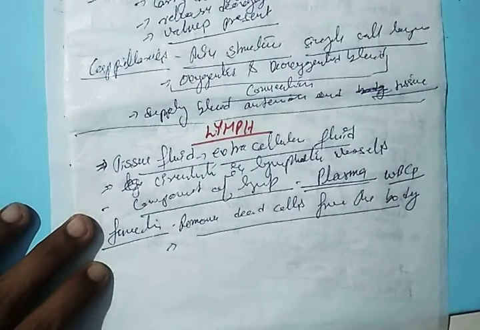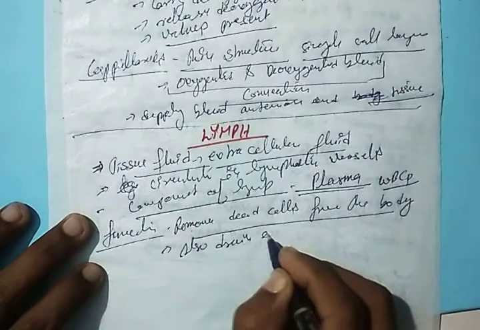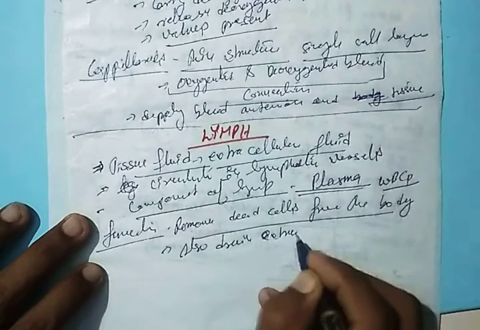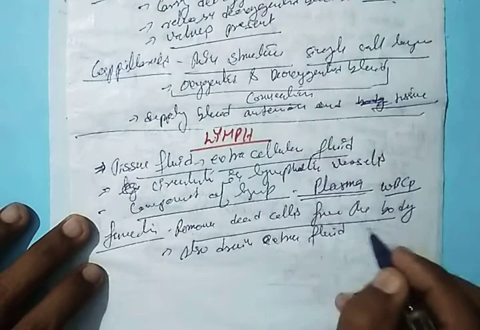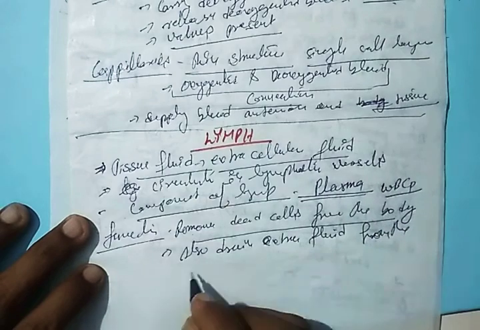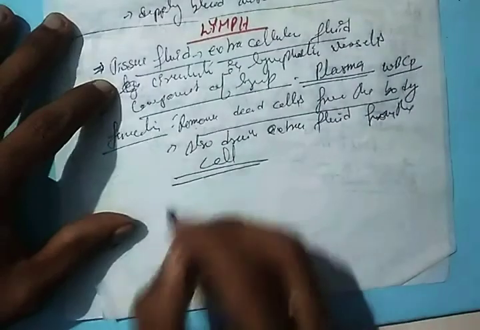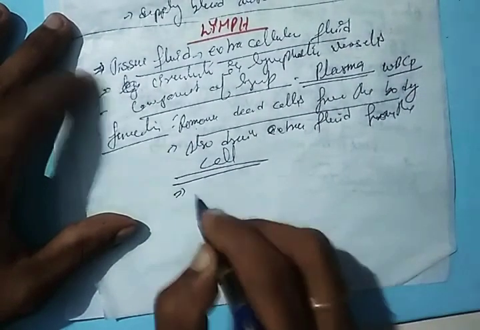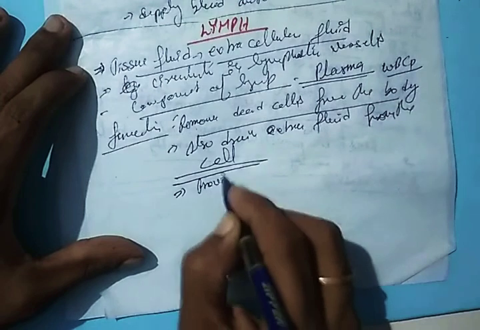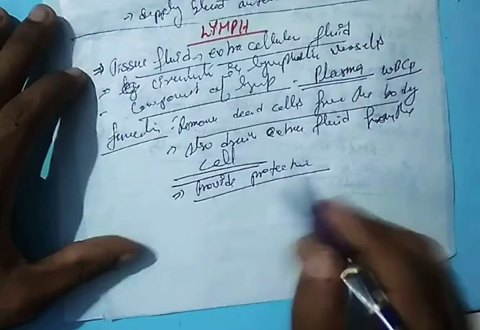Okay, then it also drains extra fluid from the cells. And because they carry WBCs, they also provide protection by killing the pathogens. So with this topic, the transportation of blood is complete,